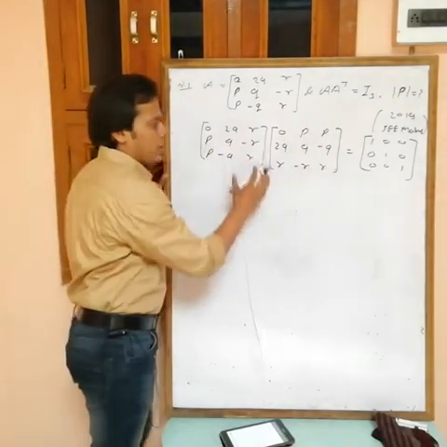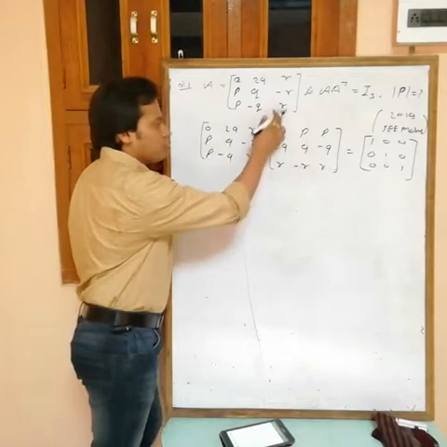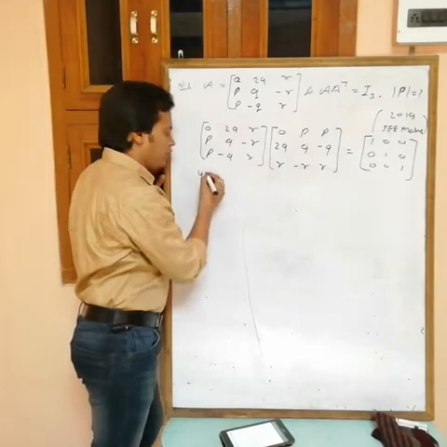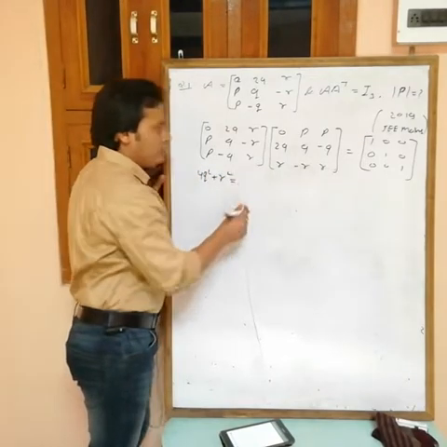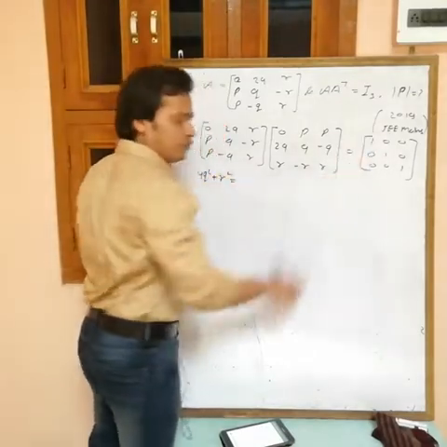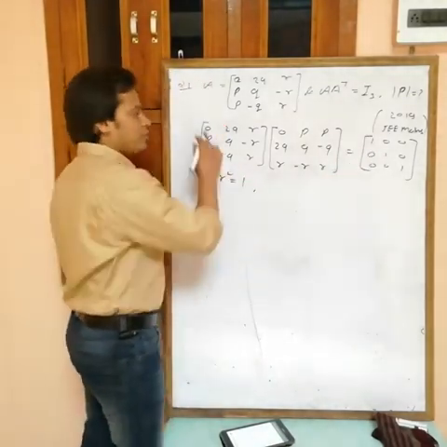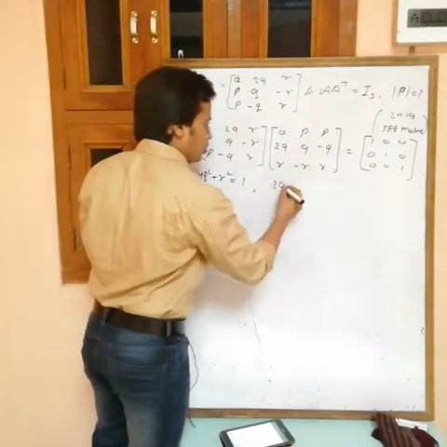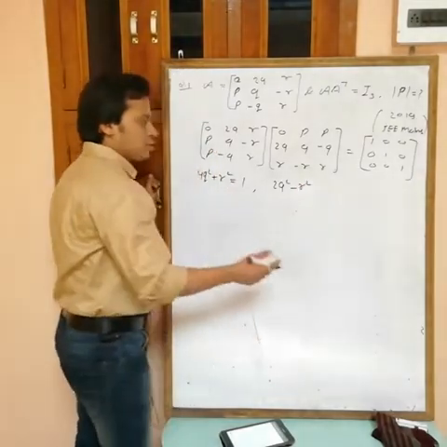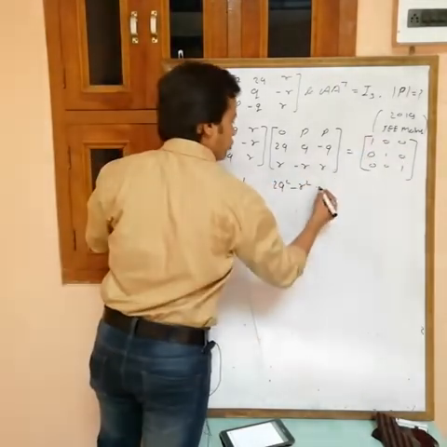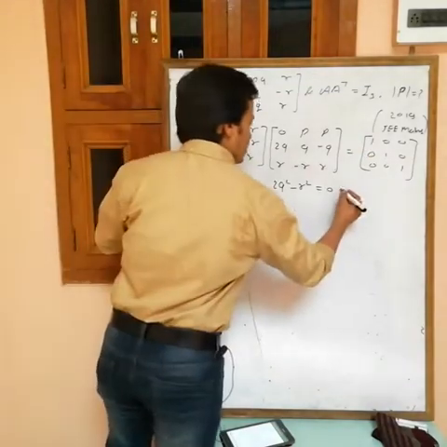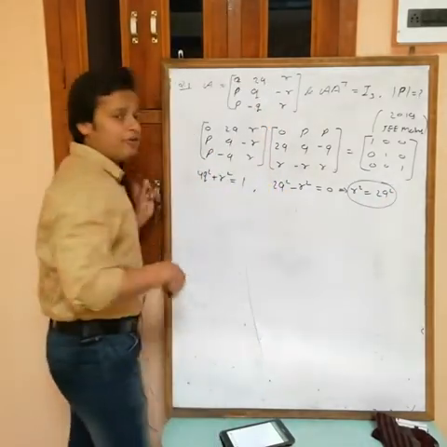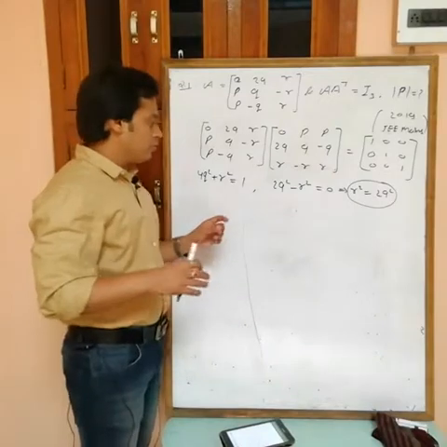The first element, P11, is first row into first column, and we get 0 plus 4q square plus r square, so 4q square plus r square must be equal to 1. Now P12 is first row, second column: 0 plus 2q square minus r square, and this must be equal to 0. So from this we get r square equals 2q square. But we want the value of p square, and by using only these two equations we can't find p square.